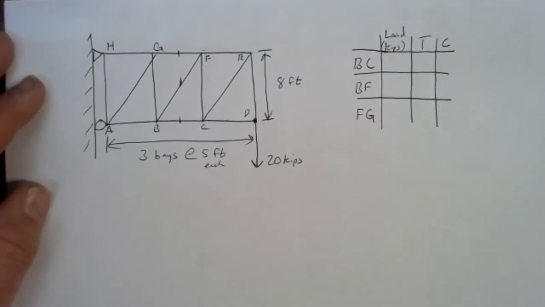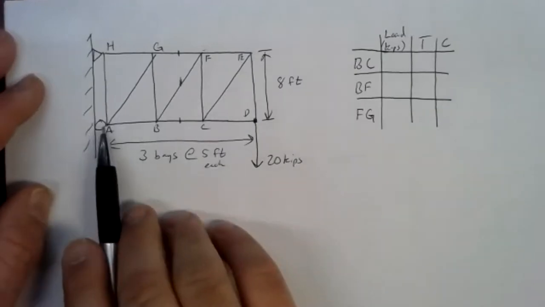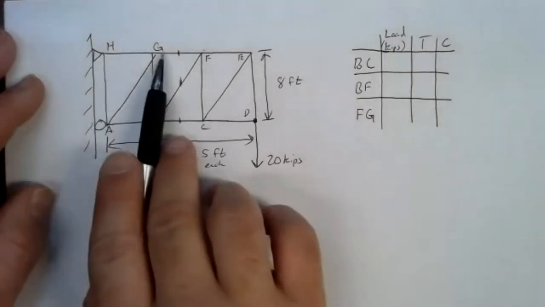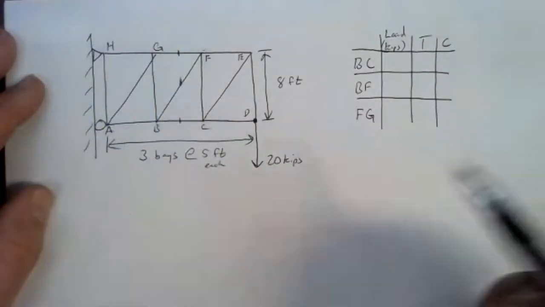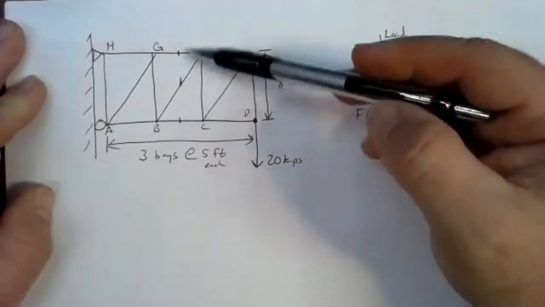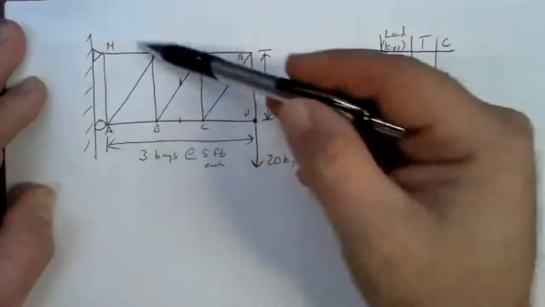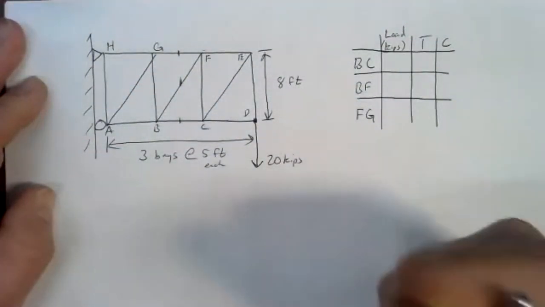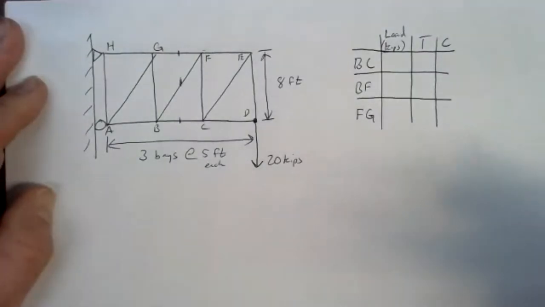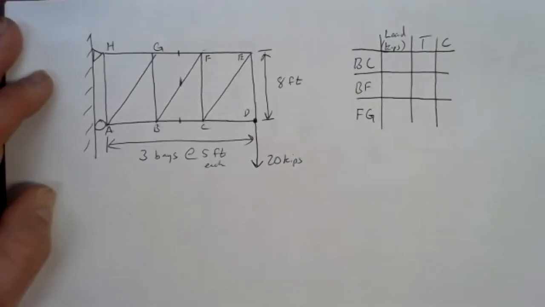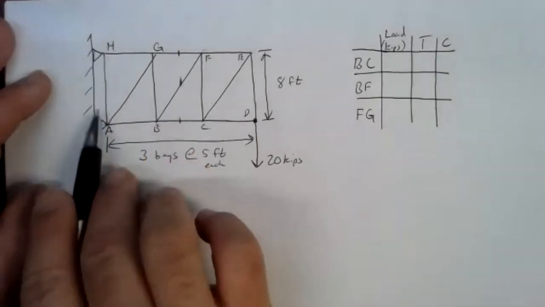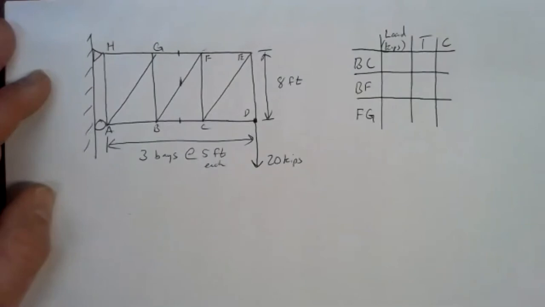So there's the problem. And this will be a nice problem to work with the method of sections, because method of joints would require that we do a lot of work to kind of walk into the middle of this truss. One of the benefits of the method of sections is you can jump right into the middle of a truss and figure out what's going on with the members before you solve other joints. You don't have to get a bunch of unnecessary information. Of course, with any of these methods, the first thing we have to do is solve the external problem. We've got to figure out what the reactions are at our supports. We need those to be able to proceed.